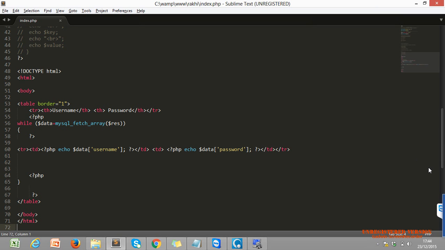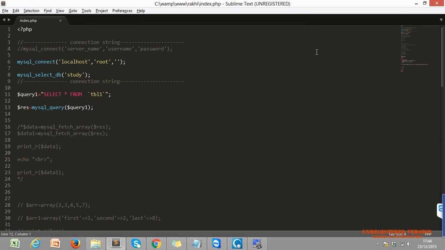Username, password, the same code. This is the starting of the code. Firstly, we have to establish a connection on every page where we want to fetch data from the database.